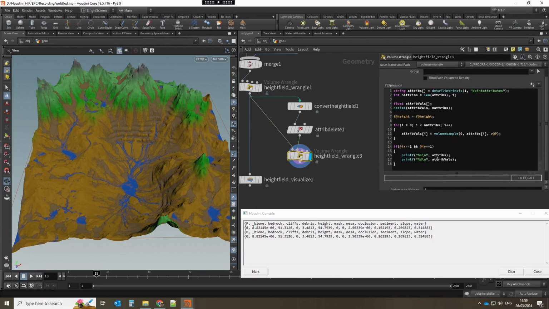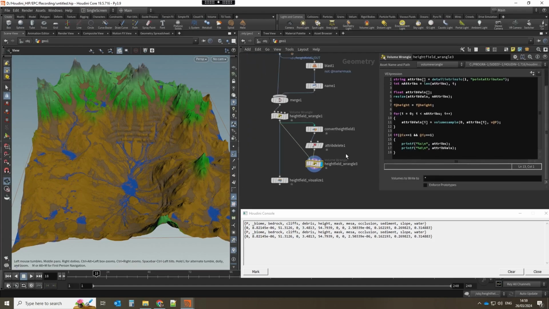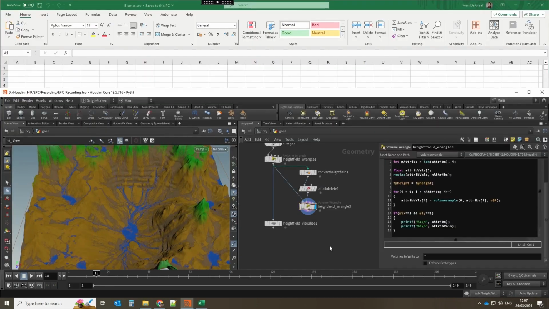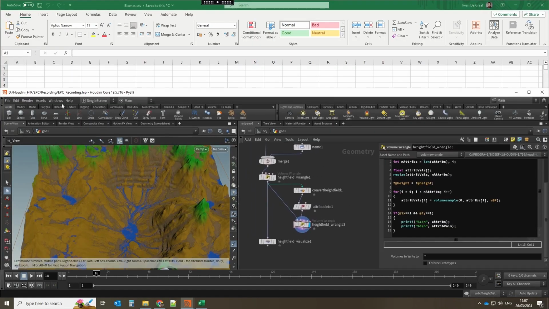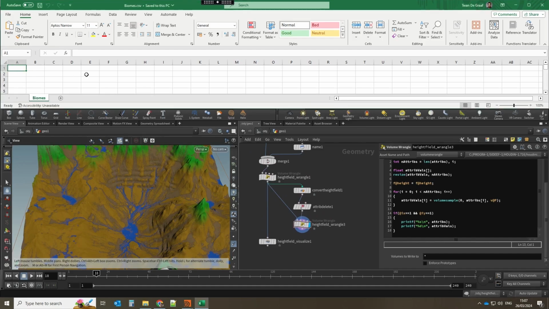So then that will give us the basis to actually start making some rules and applying them using this basic code setup. Okay, let's actually make some procedural rules now. You might notice that I have opened up